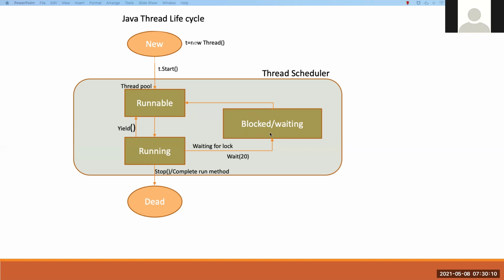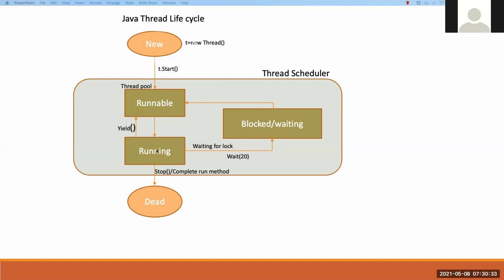Or the waiting thread, once it completes its timing, moves back to the runnable state. From the runnable state, the thread scheduler again moves it to the running state, depending on the thread priority. This is the flow.